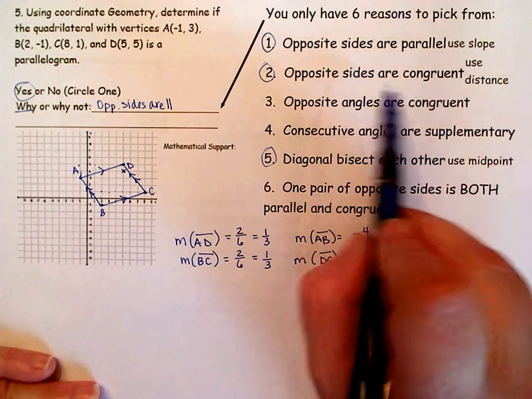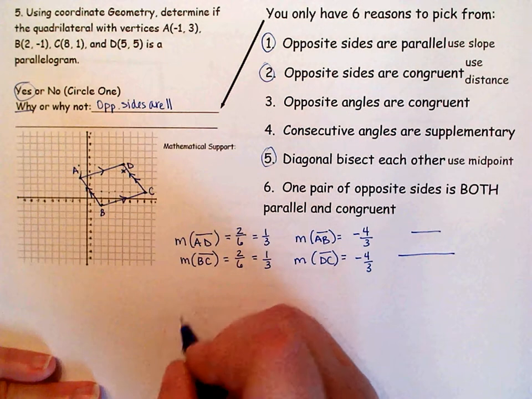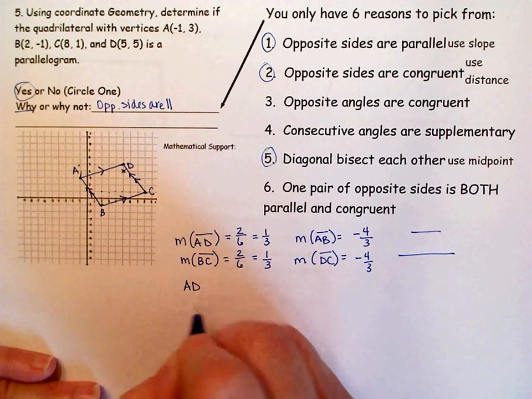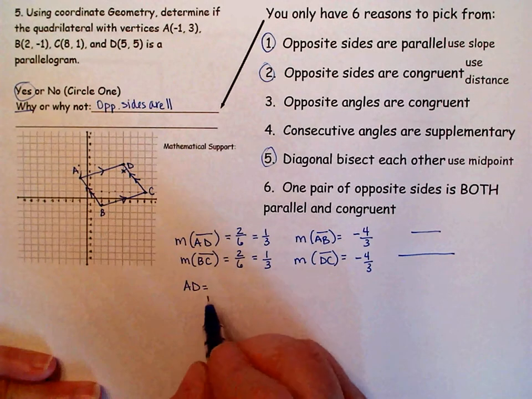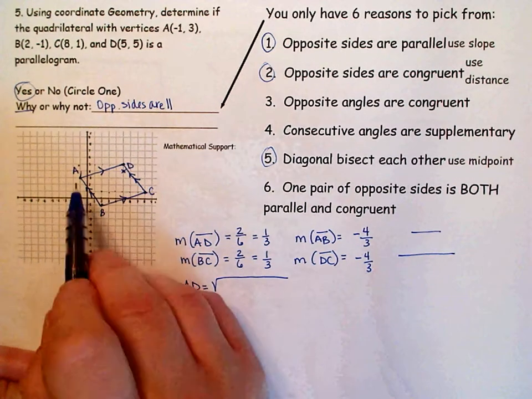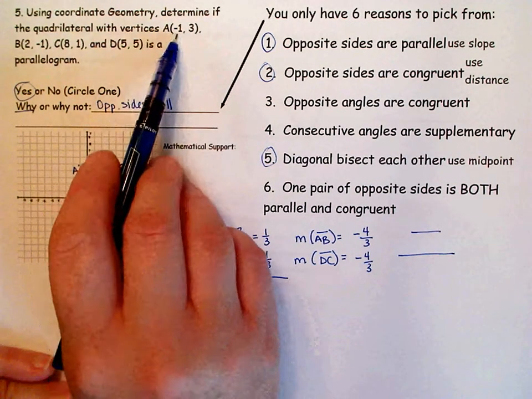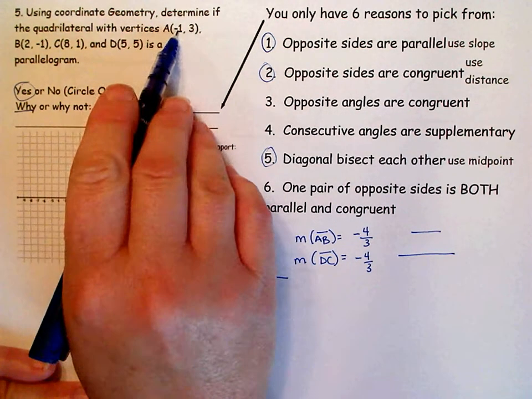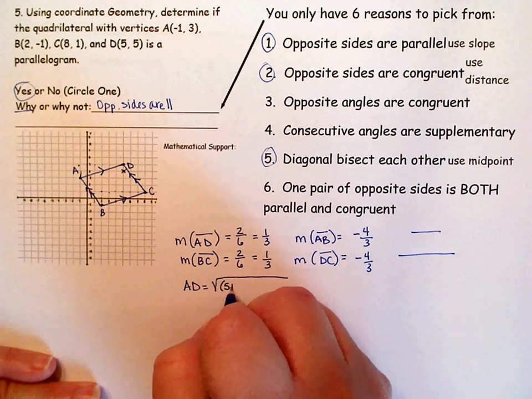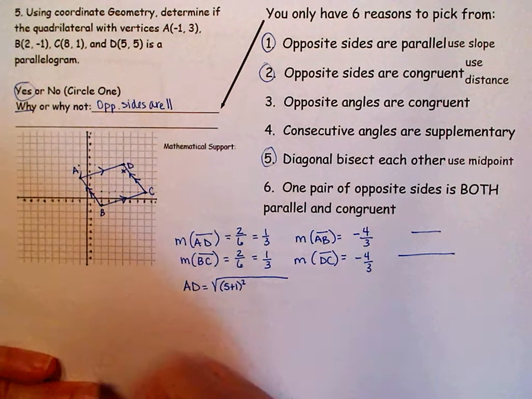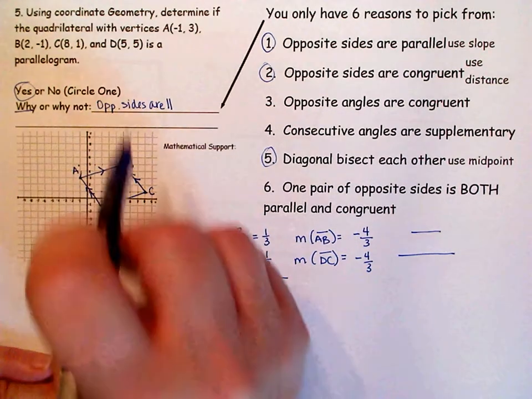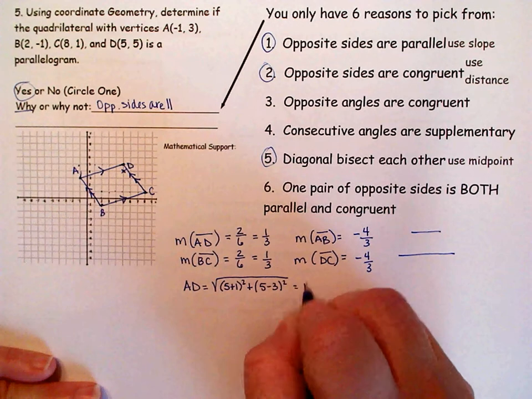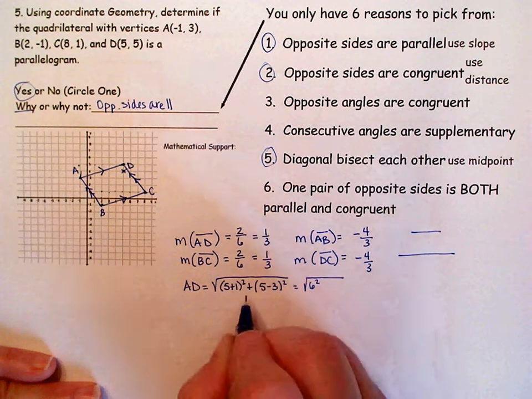If you want to use the reason that opposite sides are congruent, then you must find the lengths of those sides, which means you're using the distance formula or you are using the Pythagorean theorem. So if you want to use the distance formula from A to D, it's probably easier if you go back and look at your coordinates here. So we're going to do x sub 2 minus x sub 1, which would be 5 minus -1, which is the same thing as 5 plus 1 squared, plus the difference in my y's, 5 minus 3 squared. So 5 plus 1 is 6, so that would be 6 squared, plus 5 minus 3 is